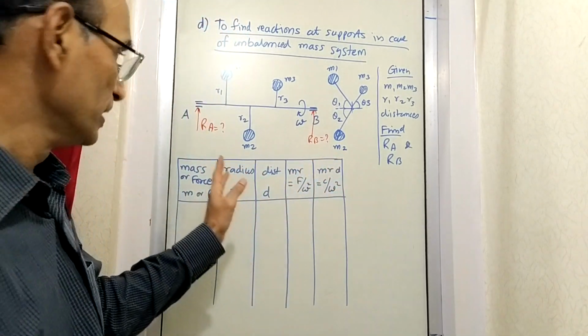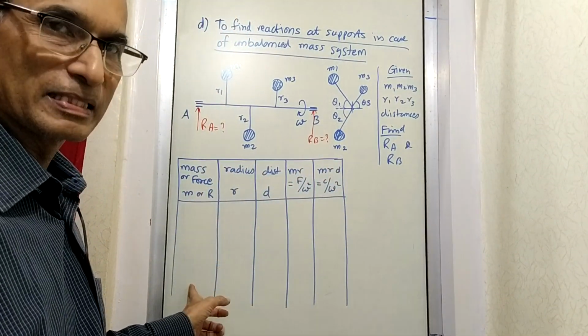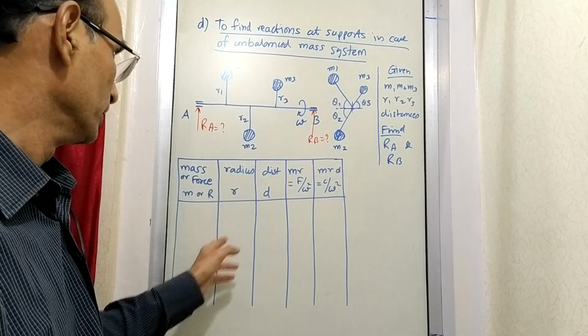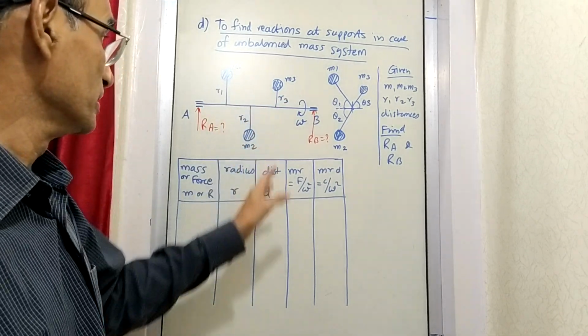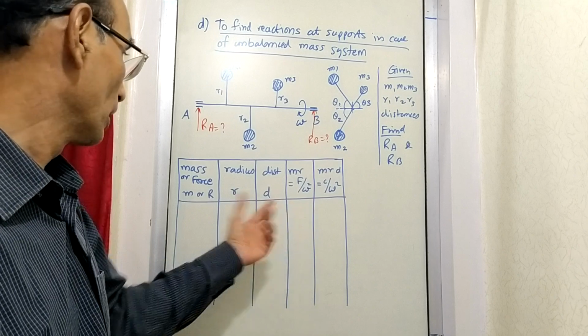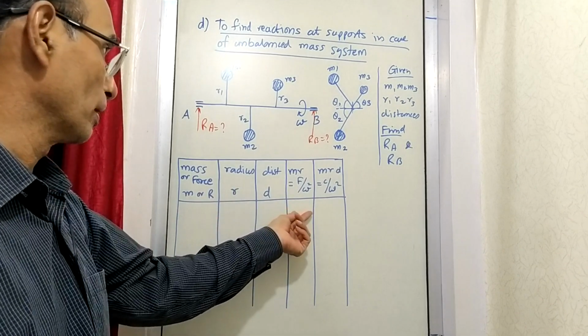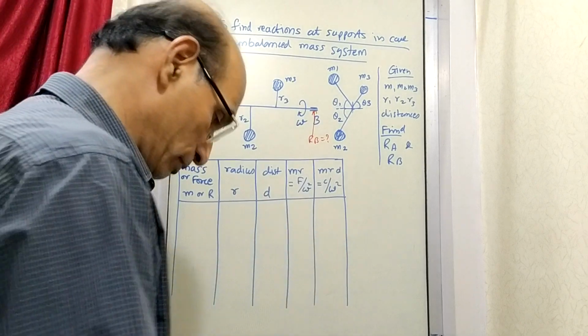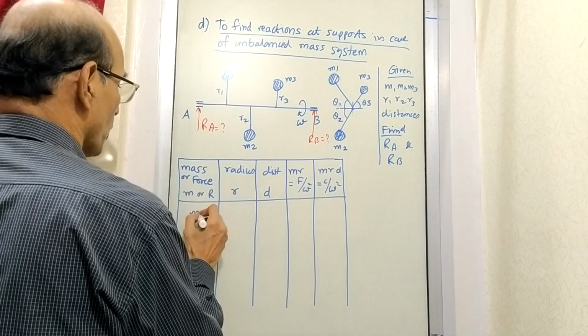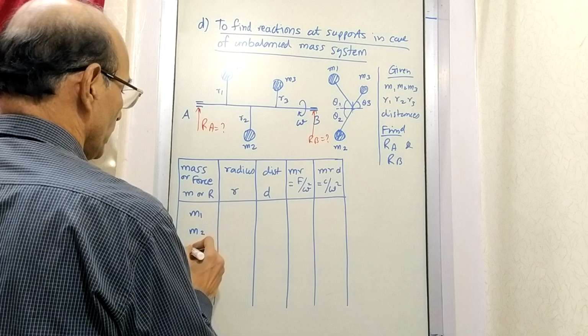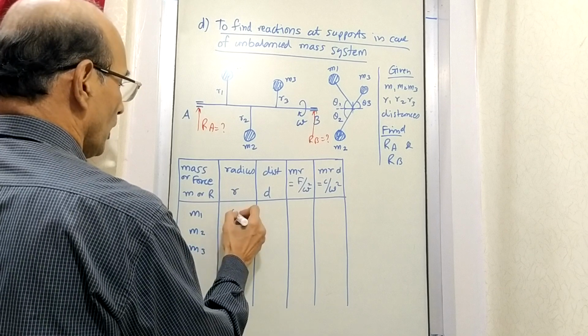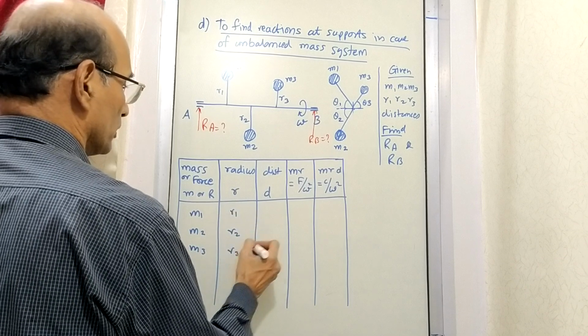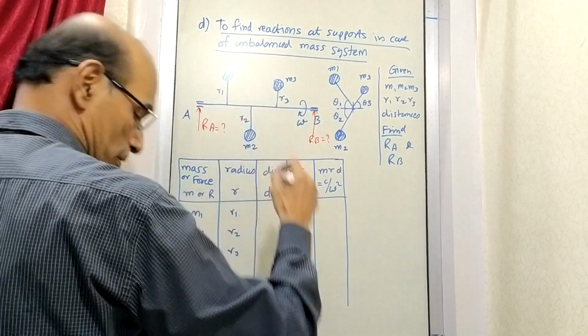See what we have written here is, we are going to write here masses, say like M1, M2, M3, R1, R2, R3. Then the distances we are going to write here. And here we are going to multiply M and R. So M1, R1 we are writing here. And then M, R into D we are writing here. Let's see how it is written. So I'll write here M1, M2, M3, R1, R2, R3. Now distance, suppose